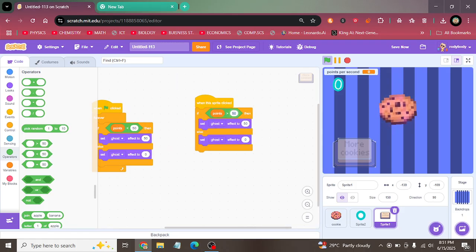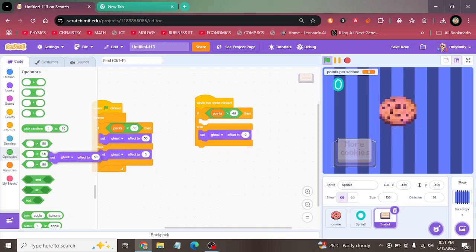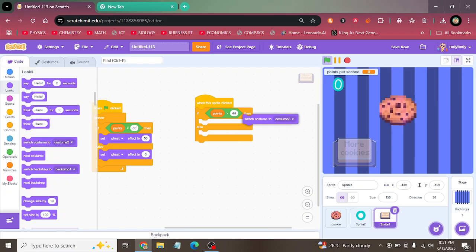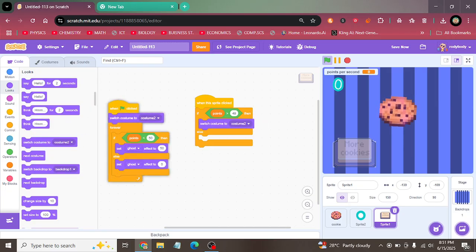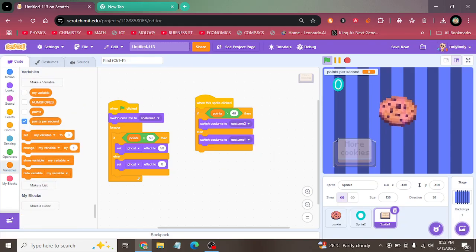I'm going to change this to 49. Then I'm going to delete both of these set ghost effects. And then I'm going to add a switch costume to costume 2, and also in the when flag clicked, but here it's supposed to be costume 1, else switch costume to costume 1, costume to costume 2,